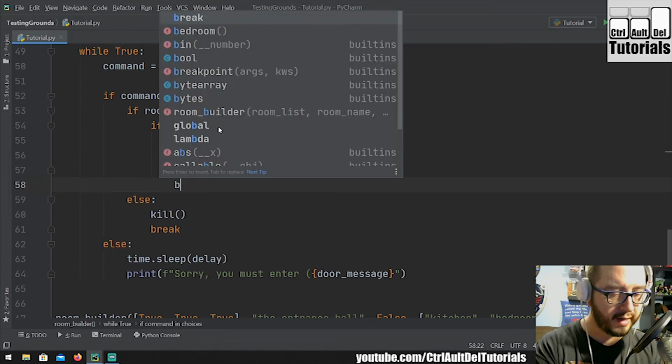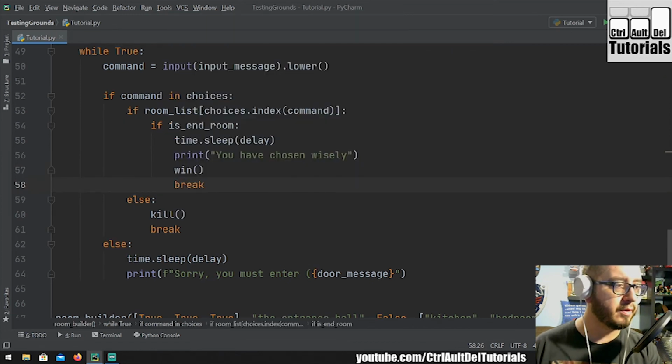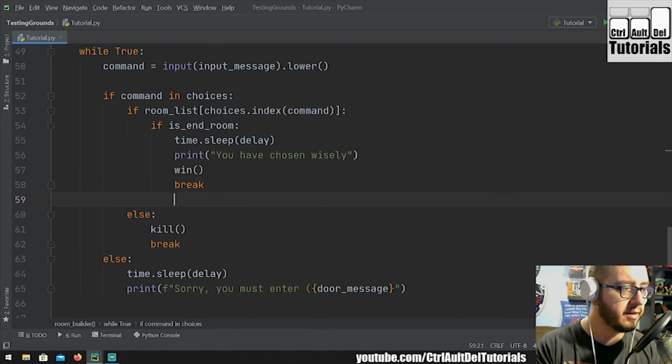And then if it comes back here, we're just going to go ahead and break because the game's over. And that'll take us out of the while. So yeah, logic looks good there. Now we need to have an else statement for this if. So we're going to hit enter, backspace, else,